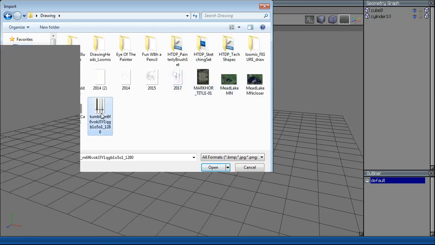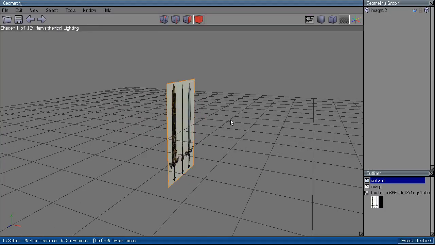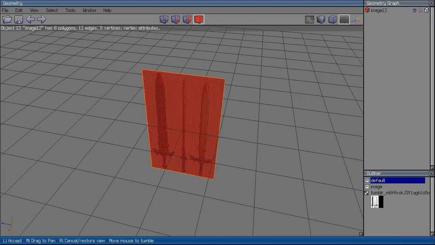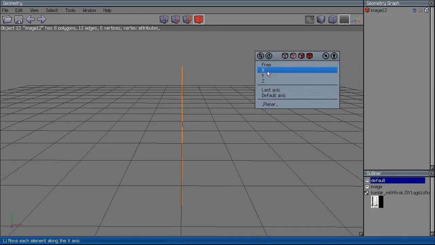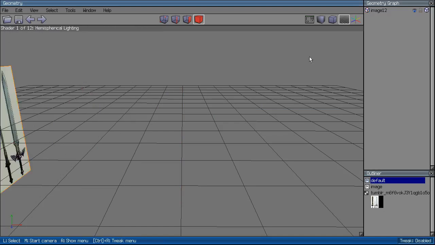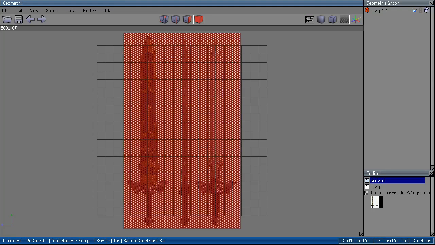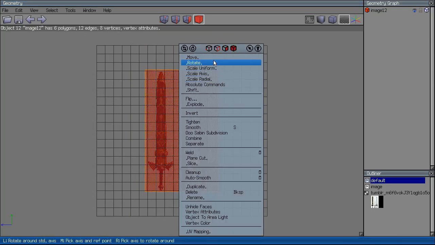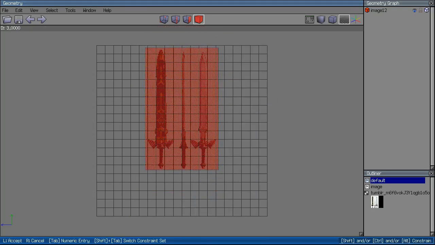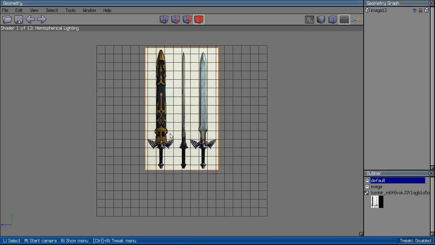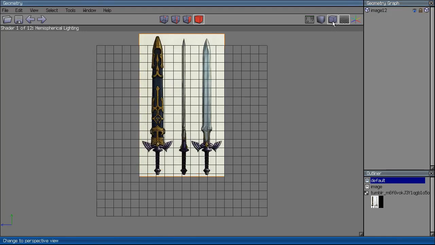Okay, like this. That's how you set up reference planes, which is incredibly useful for starting modeling. For the first year of my modeling career, I used reference planes nearly solely. That's all I did, pretty much. When you're working from a reference plane, you want to be in orthogonal view, and